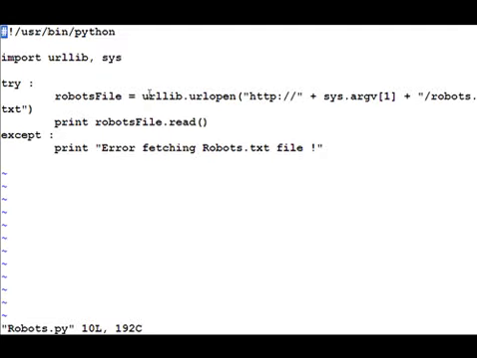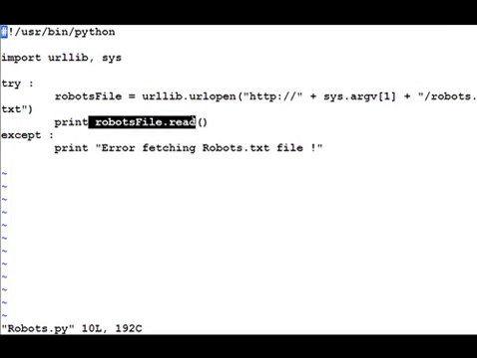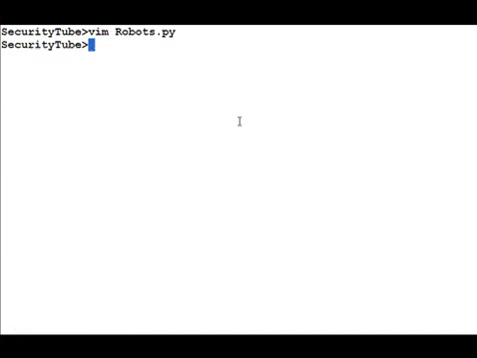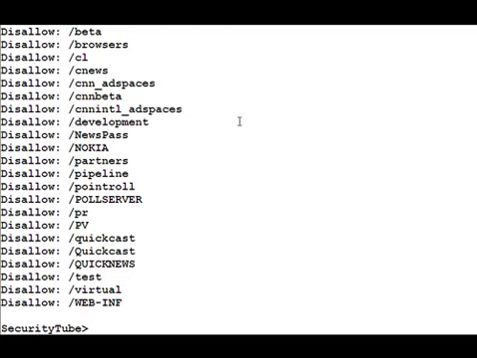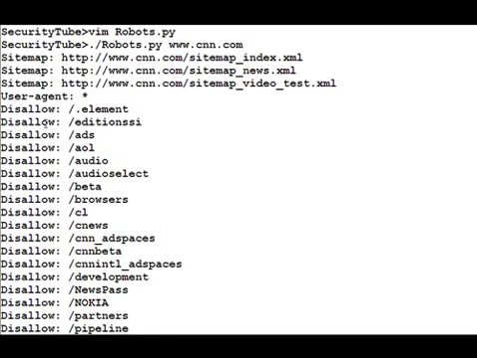So very simply, I use urllib to fetch the robots.txt file and then go ahead and print it out onto the screen. You can actually even do this manually using the wget command. So let's try out one of the more popular sites. CNN.com. Okay, so the robots.txt file has been dumped onto the screen, and if you notice here, there are some